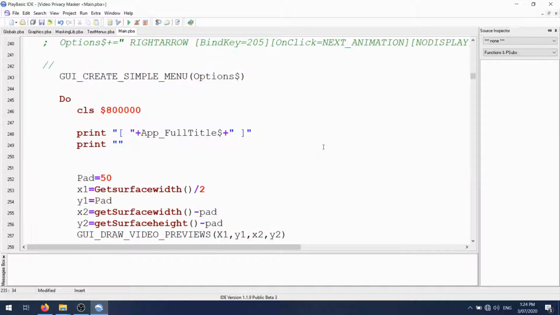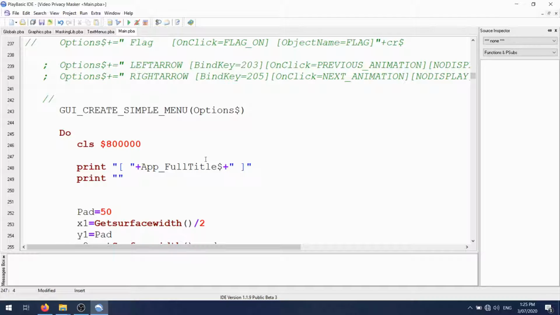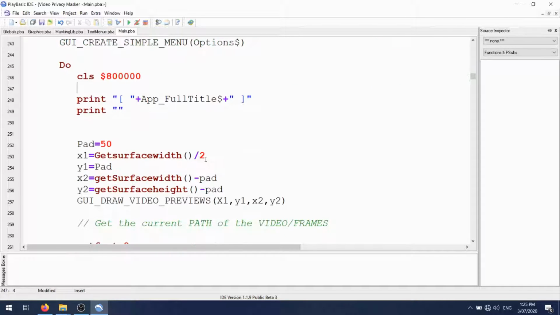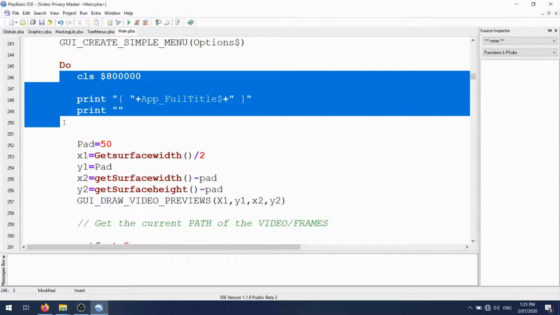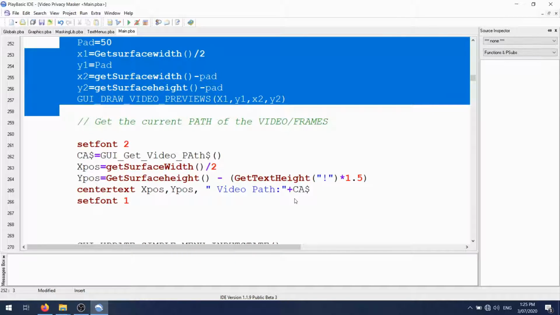The menu setup itself, we've got a parsing option that runs through this text and decodes what these things are, creates a typed array really of all the options and what to do with them. Here I'm just colouring the background and displaying the app title, putting the preview images on screen for the title page if there are any previews attached,